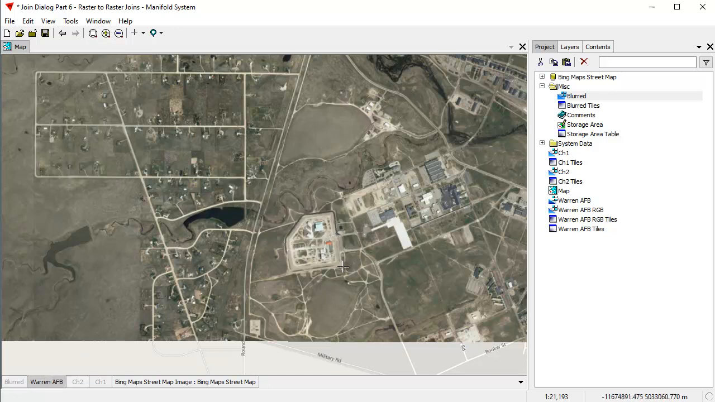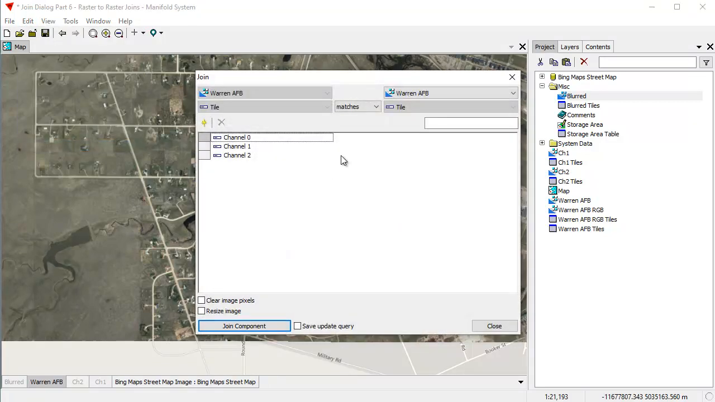So the WARN AFB image is going to end up being blurred, and let's do that. And we can use the blurred image here, even though I have the layer turned off. I want to have the focus on the layer for the WARN AFB image. Now I click Edit, Join, and I'm going to join the blurred image